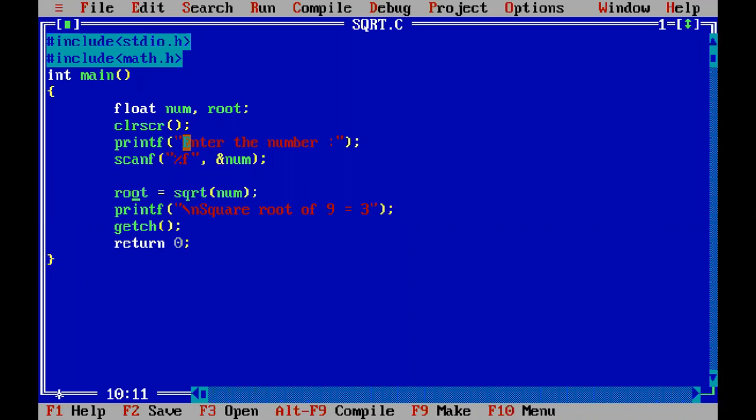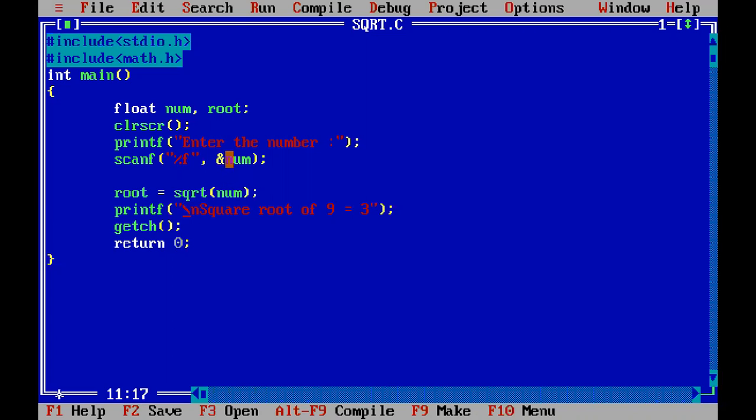The next statement that is going to be displayed is the next printf statement, which is square root of 9 equal to 3. Now we have already seen that we cannot write 9 and 3, because for every other number that you enter, this will remain the same. I told you already, in string constants, that a string constant is a constant in the form of some string. Constants never change, even during program execution. Whatever you place inside these double quotes will be represented as a string constant, and because it's a constant, it will remain fixed throughout your program execution.